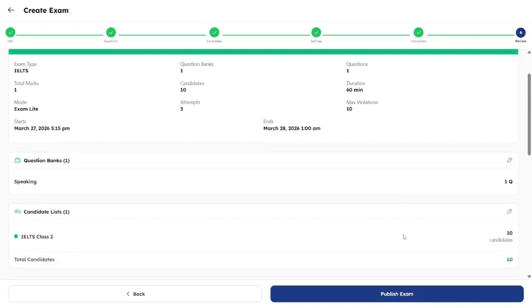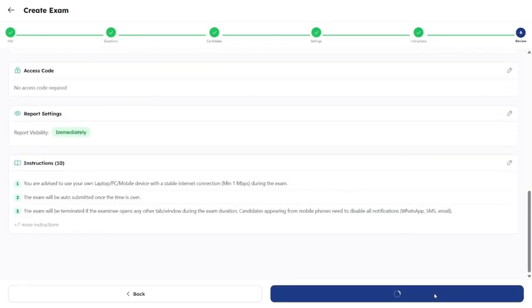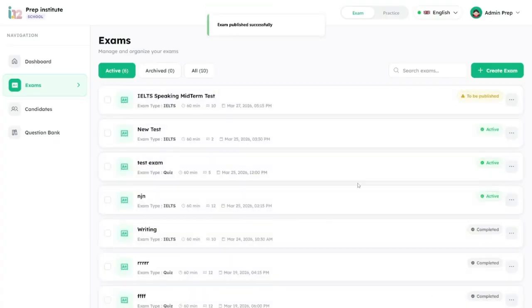Finally, in the last step, you review all the settings. If everything looks correct, you click Publish Exam. At this point, the exam is successfully created,